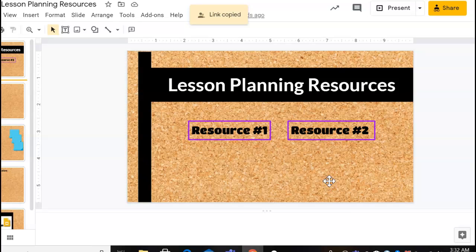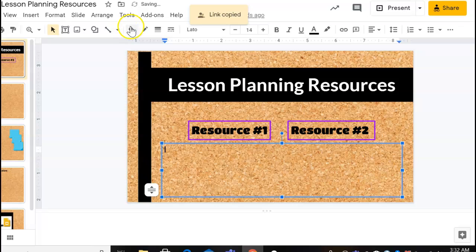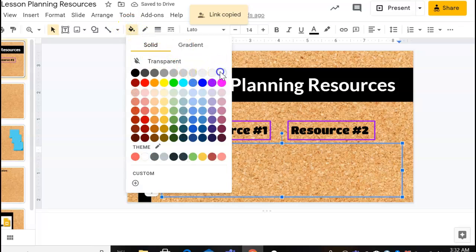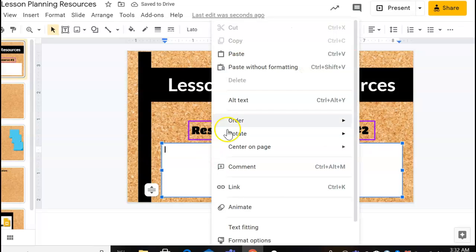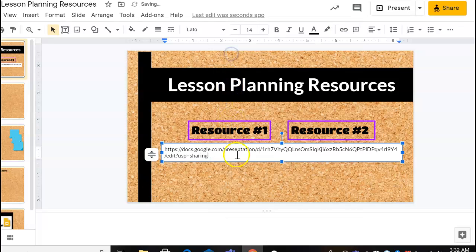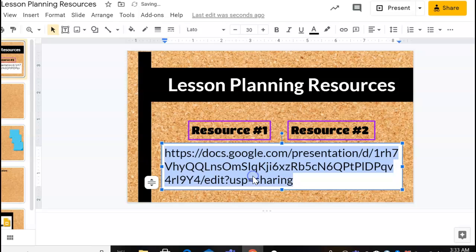What I'm trying to do is give everyone an individual copy. I'm going to create a text box here and fill it with white just so you can see what I'm going to do with the URL. So I'm going to paste the URL and I'm going to make it larger so you can see. And right now, by the URL, you can see that I'm sharing it, and anyone that I'm sharing it with